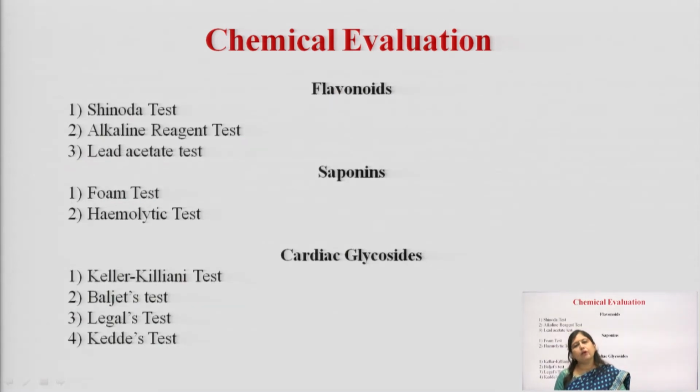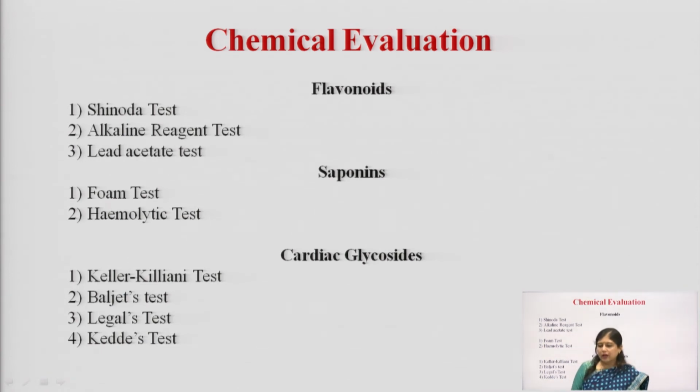Triterpenoids are generally found in the saponin drugs. The saponin glycosides have the triterpenoidal structure or the alpha amyrin structure. So, this test, the Salkowski test, is generally positive for the triterpenoids.